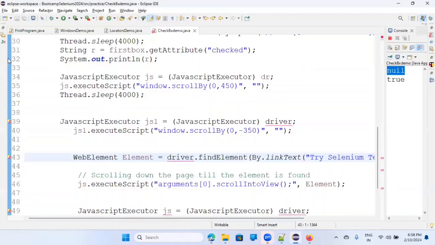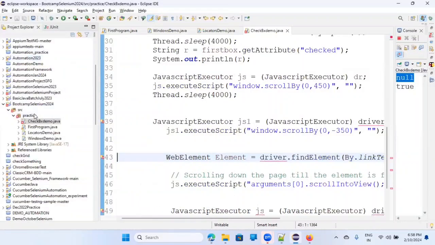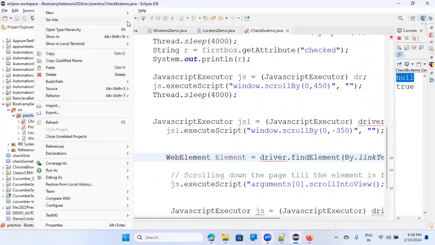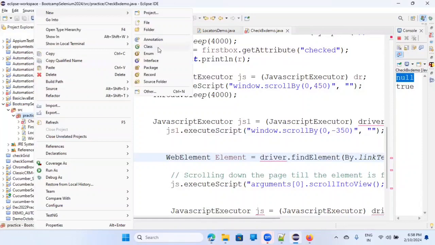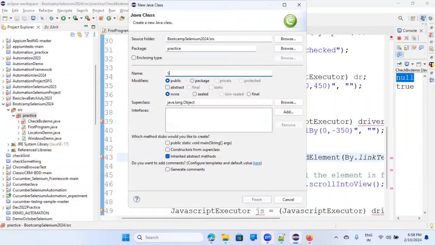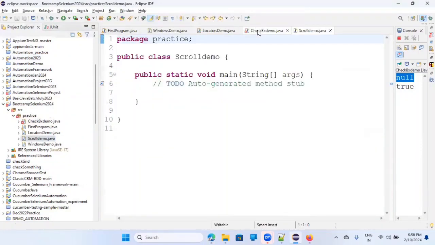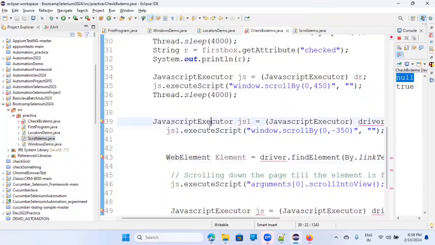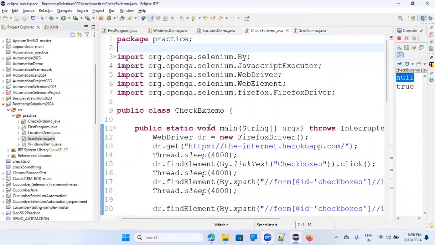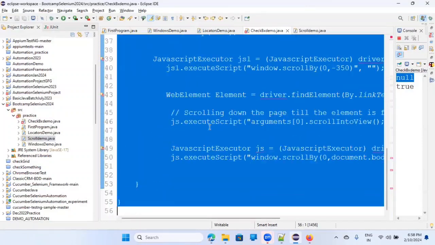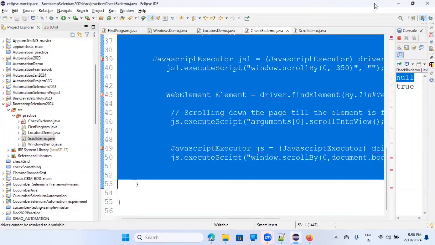In this example only, let's create a new class basically. So that scroll demo will be another scroll demo. We'll talk about the scrolling part only here. And let me copy the whole code and we will delete the unwanted code. Don't worry. So yeah, copying this,